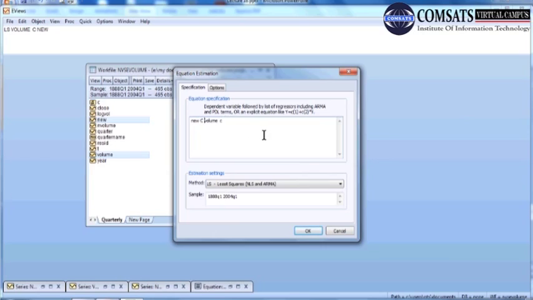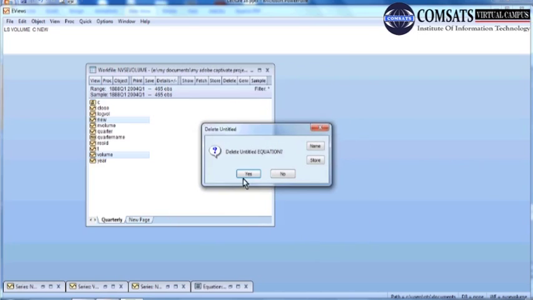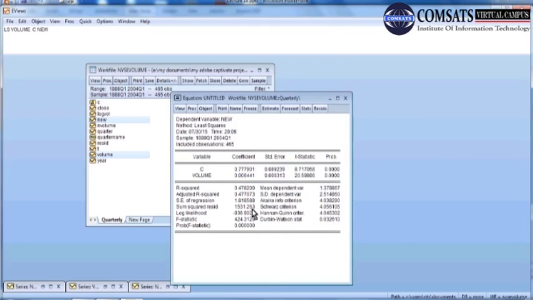हो, इससे कोई मसला नहीं है। आप ये C यहाँ से डिलीट करके उधर टाइप कर दें तो इट विल नॉट मेक एनी डिफरेंस। तो अब हम दिस टाइम वी आर रिग्रेसिंग न्यू ऑन वॉल्यूम। तो बाकी ये ऑप्शन है, इसको हम आगे जाके पढ़ेंगे। और ये जो लीस्ट स्क्वायर है, जब हम ओके प्रेस करते हैं तो ये पूछता है कि आपने एक इक्वेशन पहले भी एस्टिमेट की हुई है, उसका क्या करना है। हम कहते हैं कि उसको डिलीट कर दो, हमें नई एस्टिमेट करके दो। ये रिग्रेशन के रिजल्ट्स हमारे सामने आ जाते हैं।